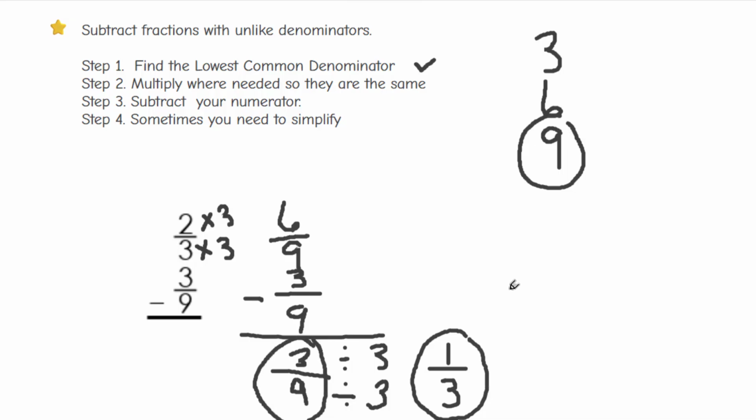Now, sometimes you may not be asked to simplify. I would just learn how to do that and get in the habit